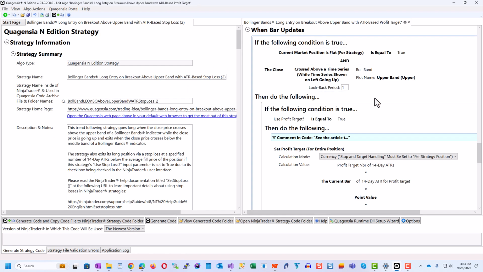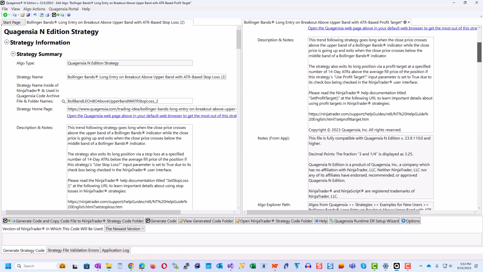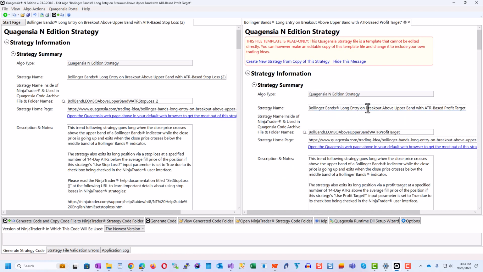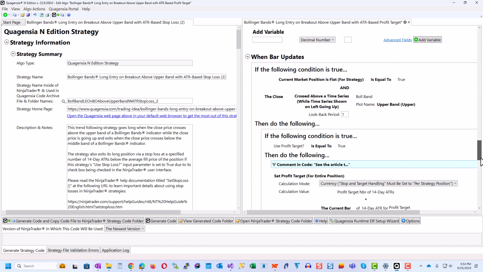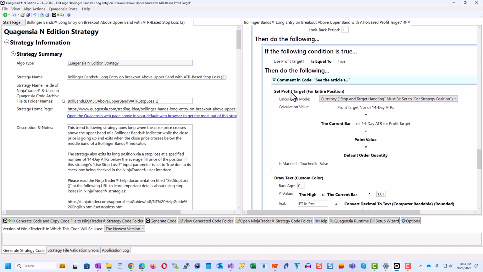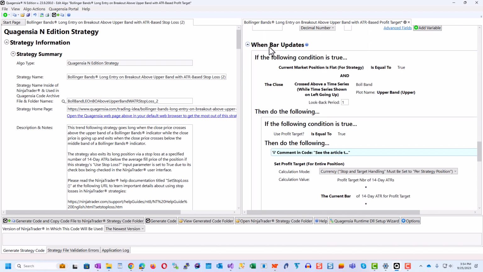So now what we have is the Bollinger Bands Long Entry on Breakout Above Upper Band with ATR-based Profit Target strategy on the right, with the profit target in the WinBar update section, and over in the left pane we have a copy of the Bollinger Bands Long Entry on Breakout Above Upper Band with ATR-based Stop Loss, and it